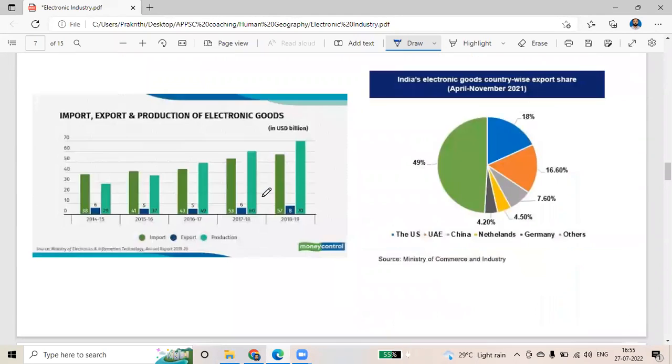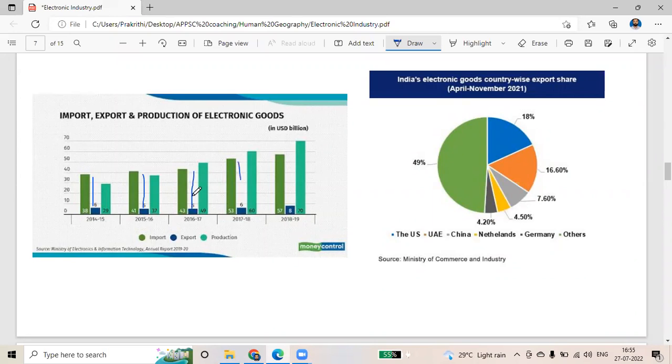And when you look at the import and export, this blue color is export, and this green color is actually the import, and this light green shows the production. If you look at this, we always have imports. There is a big difference in import compared to export. Whatever it is, we have maximum